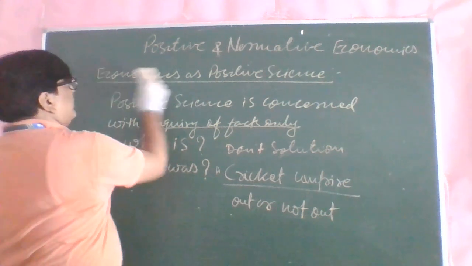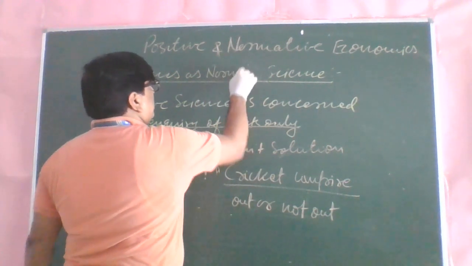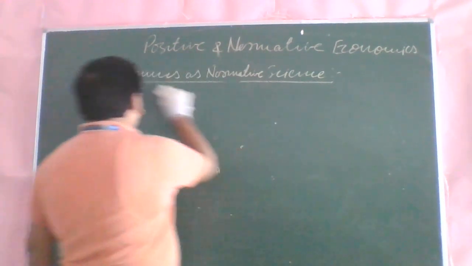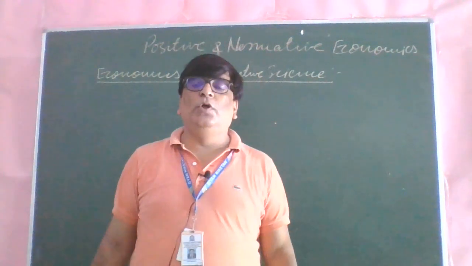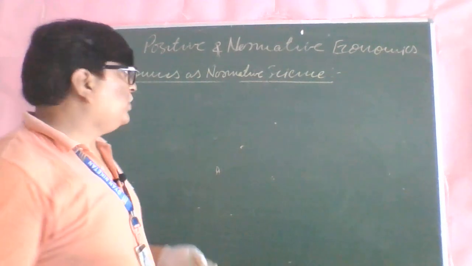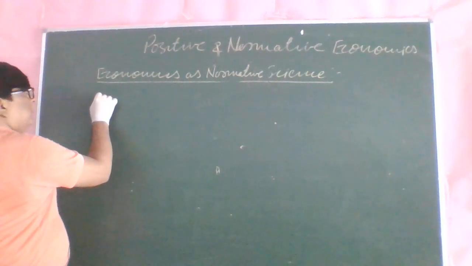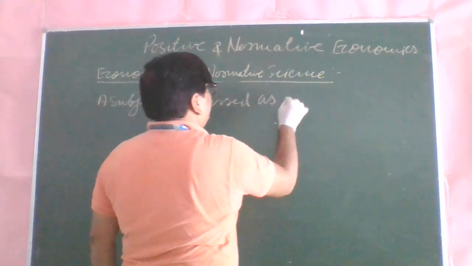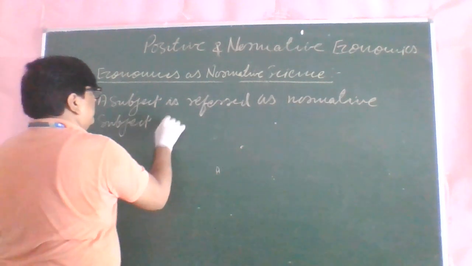Okay. Now next is economics as normative science. देखो नाम में यह स्पष्ट है कि नॉर्मेटिव, द सब्जेक्ट. नॉर्मेटिव मतलब व्हाट? द सब्जेक्ट विच इज बेस्ड ऑन वैल्यूज, प्रिंसिपल्स, नॉर्म्स पे बेस्ड है. ओके, तो एक किसी सब्जेक्ट को हम कैसे बोलेंगे कि वो नॉर्मेटिव है, क्या है उसका प्रीरिक्विजिट? तो a subject is referred as normative subject which